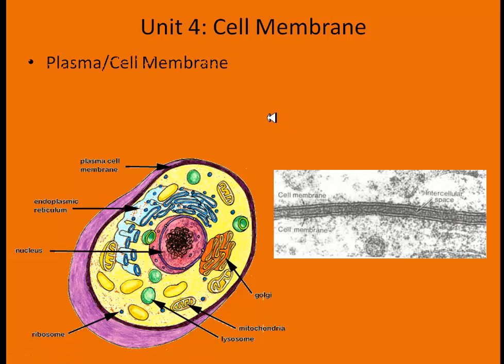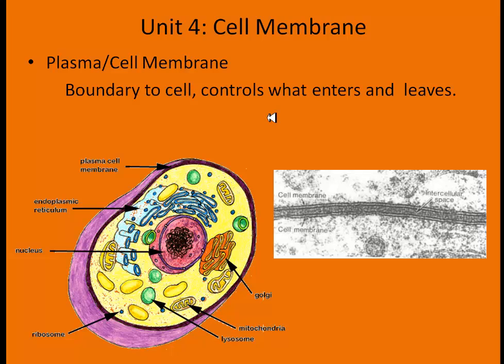So, cell membrane, plasma membrane, this is the boundary to the cell. It controls whatever enters and leaves the cell, and again it's letting the cell reach homeostasis. If it needs water, water comes in. If it needs salt, salt goes in. If it doesn't need salt, salt gets pumped out. And it is selectively permeable, so it's only going to let certain things in passively, and then actively, if we need to fight against the concentration gradient, we'll actually use ATP produced by mitochondria,